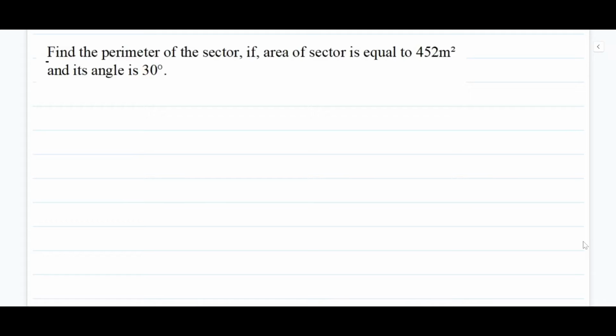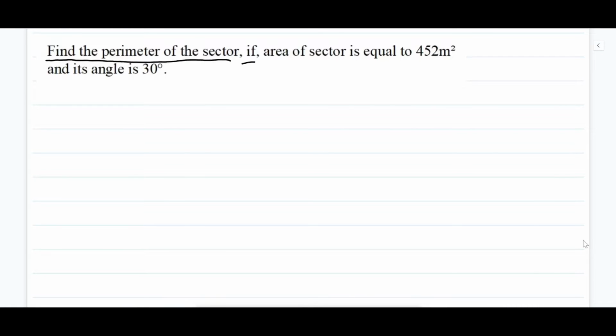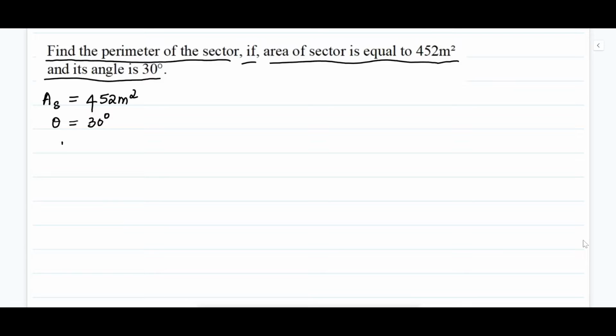So the question is, find the perimeter of the sector if the area of the sector is equal to 452 meters square and its angle is 30 degrees. So in this question, we have to find out the perimeter of the sector. In order to find the standard formula for the perimeter of the sector, let us consider